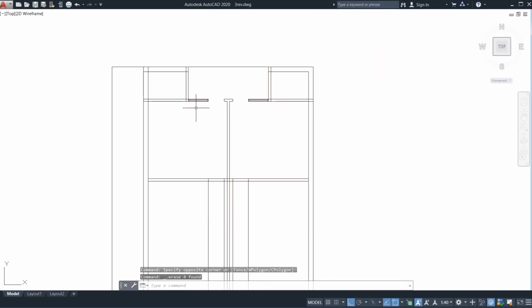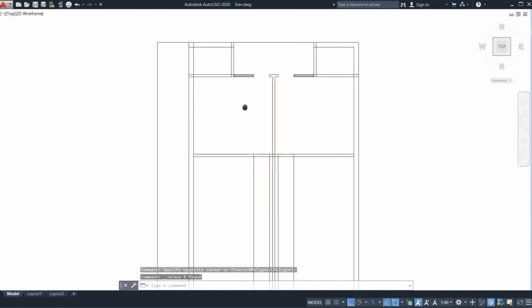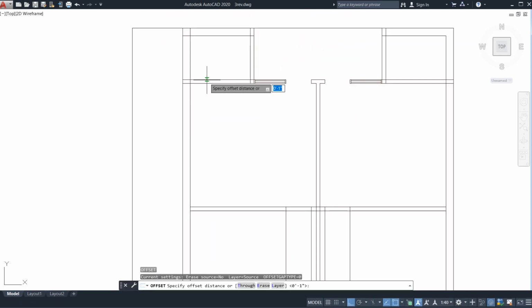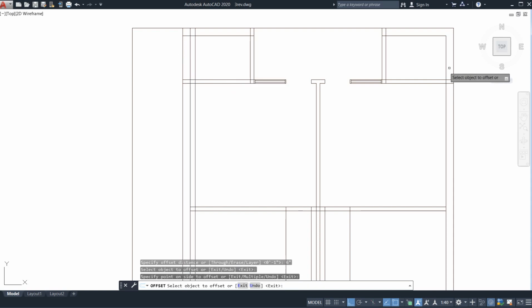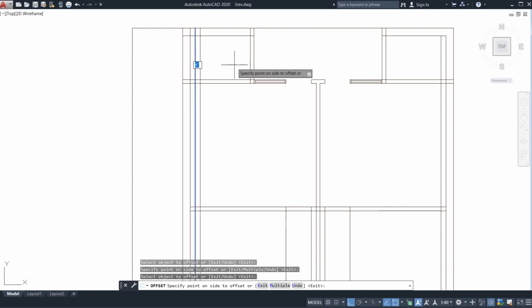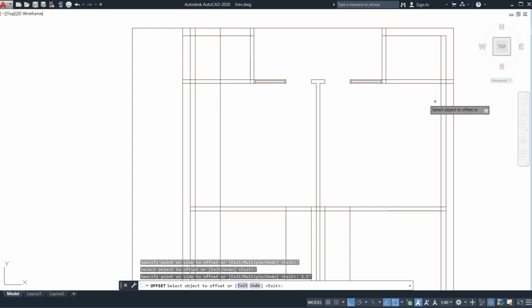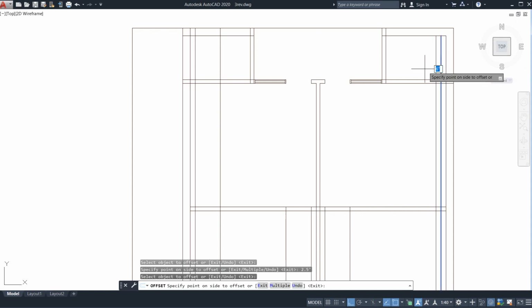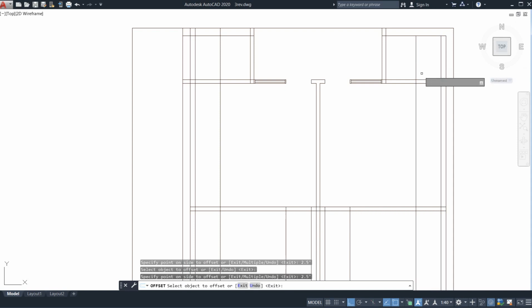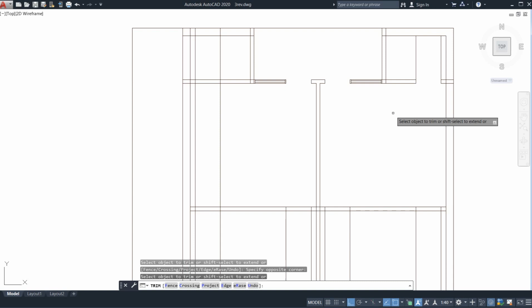from your keyboard. So now what I need to do, just go for offset of 6 inches from both the sides, from both, because this both is toilet bath. Now go for 2.5 feet of door, 2.5 feet of door. After that go for escape, double enter, trim, double enter, just go for trimming it, just trim it. So after that what I need to do, just go for trim it. See, I have done with the trim.